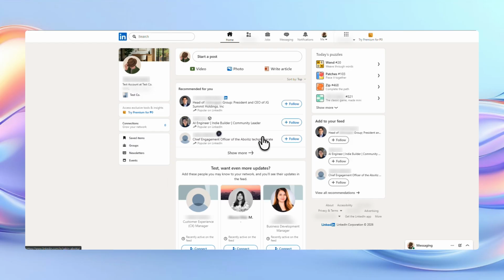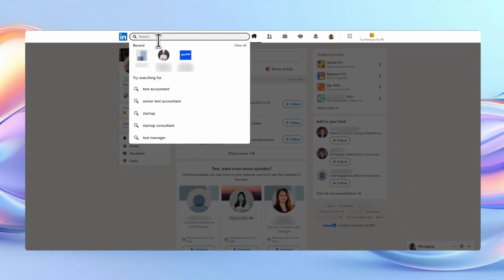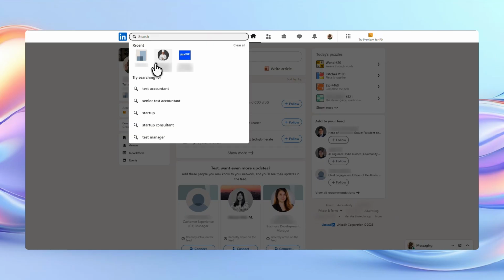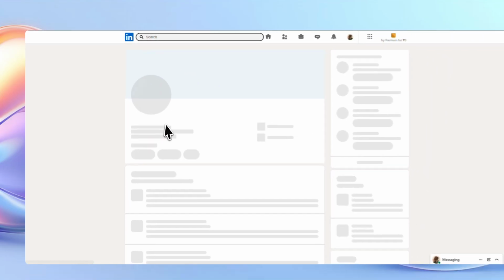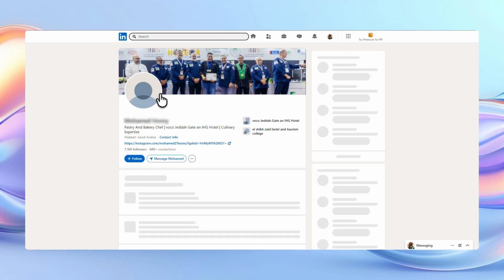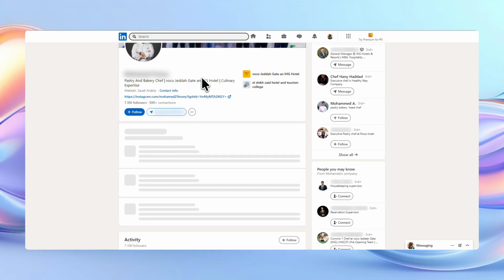To get started, go to LinkedIn and look for the main search bar at the top of the page. This is where you'll search for the person you want to connect with. Type in their name, then review the search results carefully to make sure you found the right person. If several people have similar names, it helps to check their profile photo, job title, or company so you can